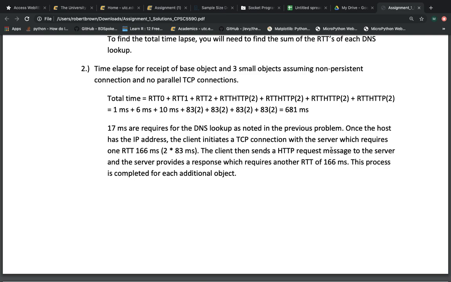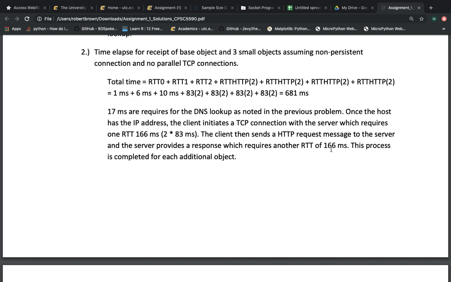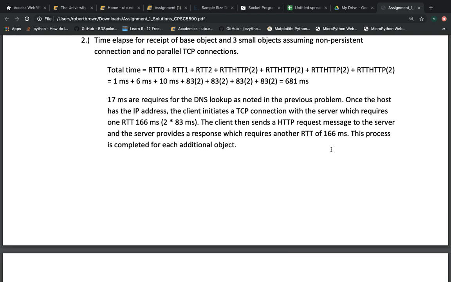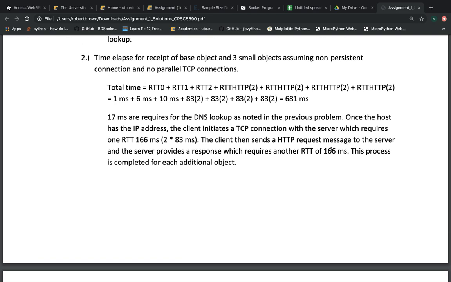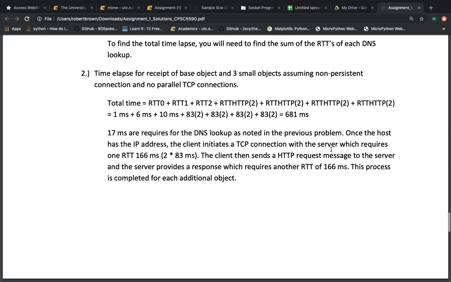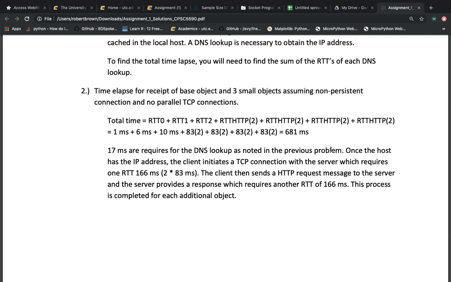Problem 2. The time elapsed for receipt of the base object and 3 small objects, assuming a non-persistent connection and no parallel TCP connections. So 17 milliseconds are required for the DNS lookup, which is found in the previous problem. Once the host has the IP address, the client initiates a TCP connection with the server, which requires 1 round